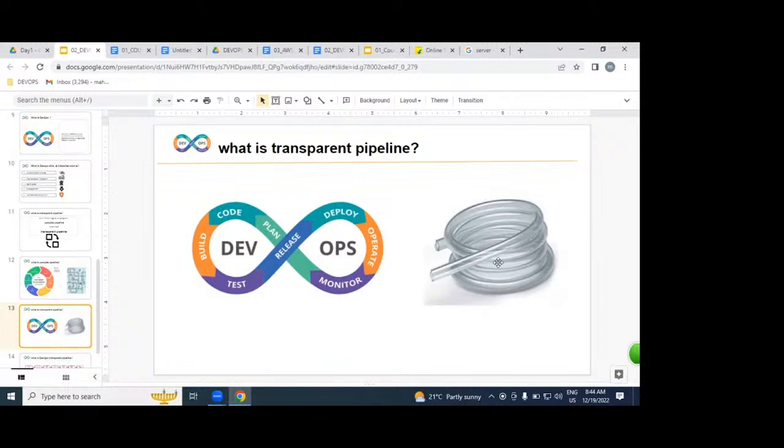Same pipeline, same usage, but it is transparent and automatic. Understood? If any issue or blockage occurs in the middle, you can see at one look, in this transparent water pipeline, exactly where the problem is, and resolve it as soon as possible. The same way in the DevOps process.